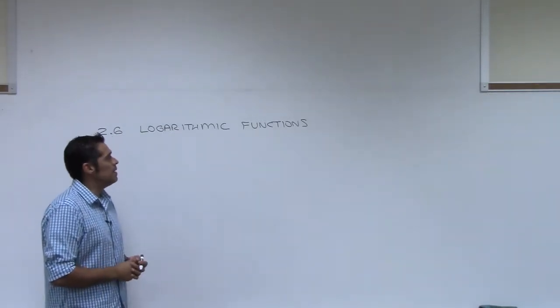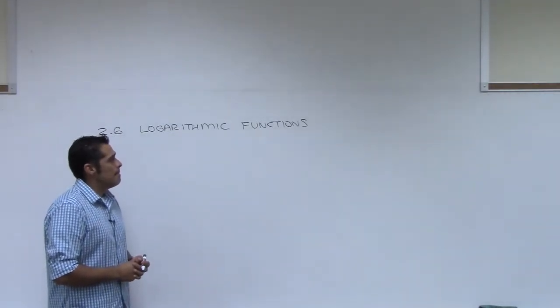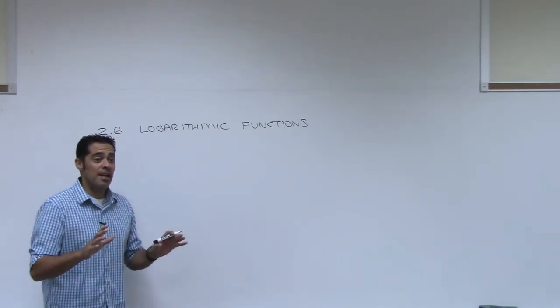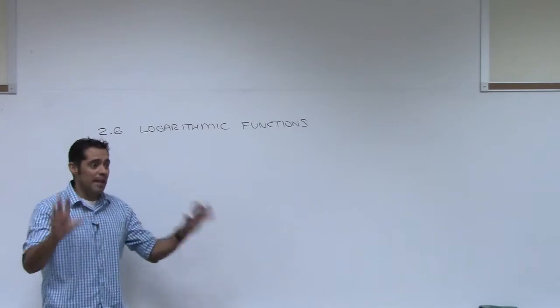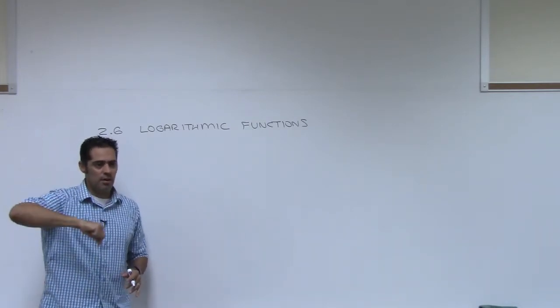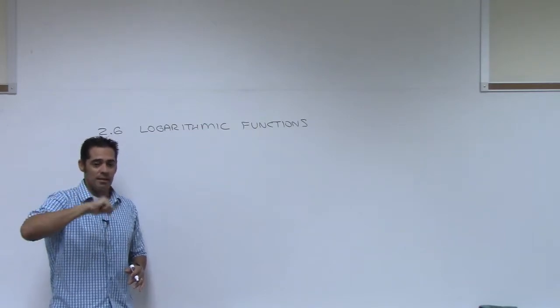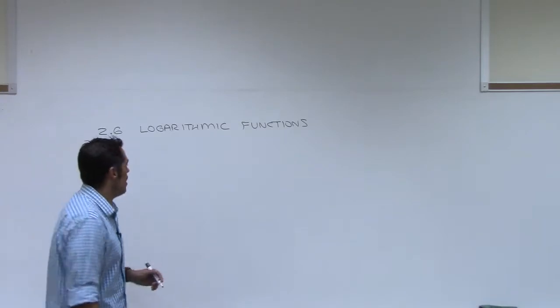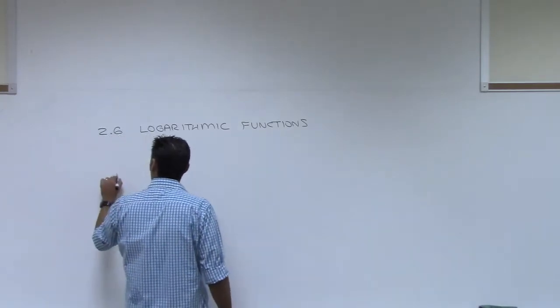So logarithmic functions. I'm going to try and make this as easy as possible to understand. If it makes sense, then it makes sense. This is going to be kind of a light bulb type thing. You get it, you see it, or you don't. And until you see it, it's going to be like, what? So you need to help me try and help you see it. All right, let's recall